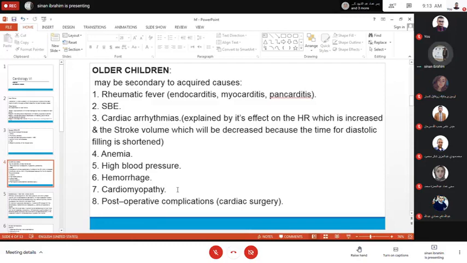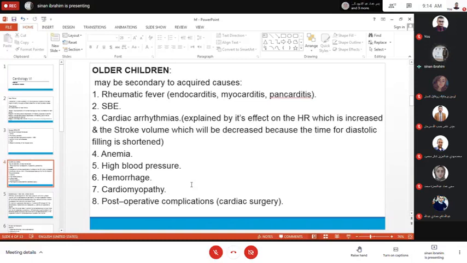The viral infection, as we know, is common in the winter season, and the scenario is that the patient usually comes with a history of flu-like illness, like influenza or coughing or mild fever or tachypnea, or any of the respiratory symptoms, and then after 1 to 2